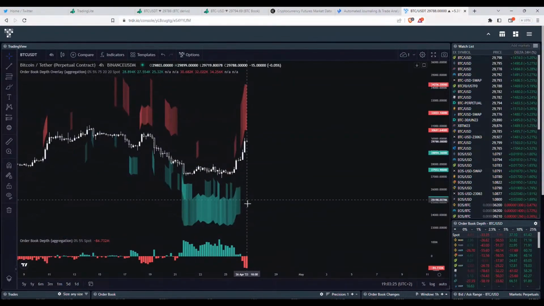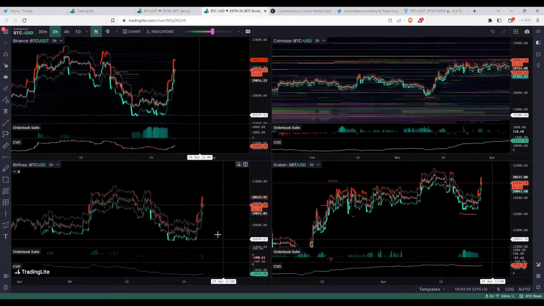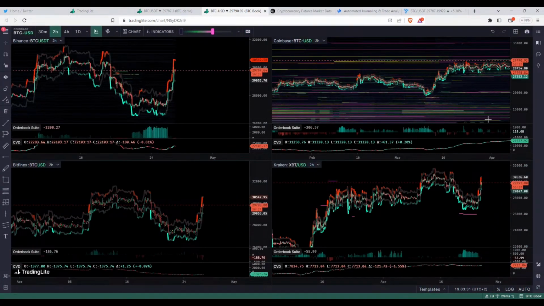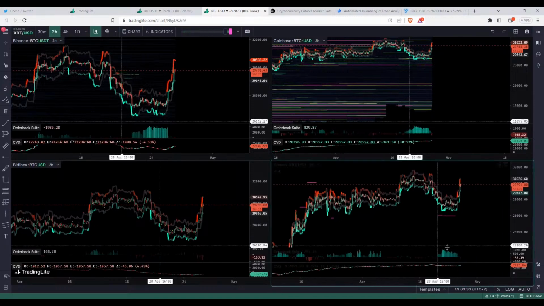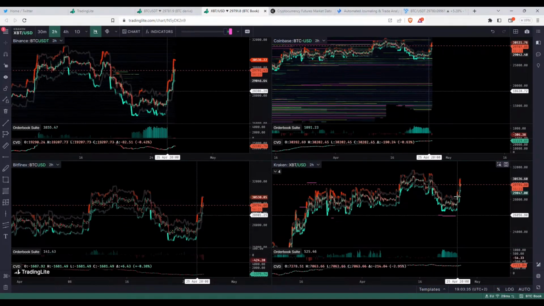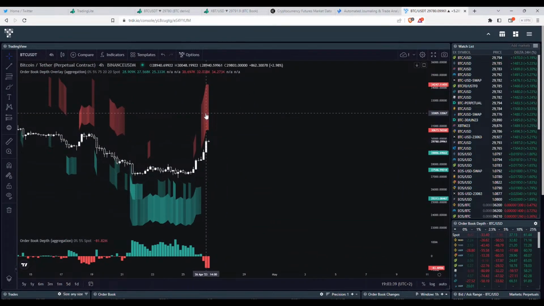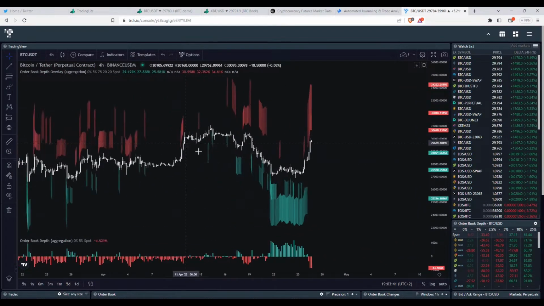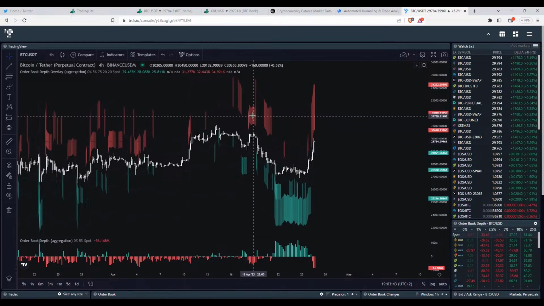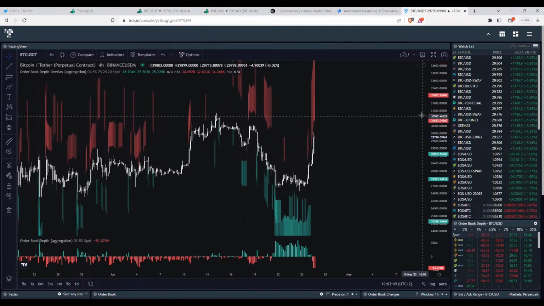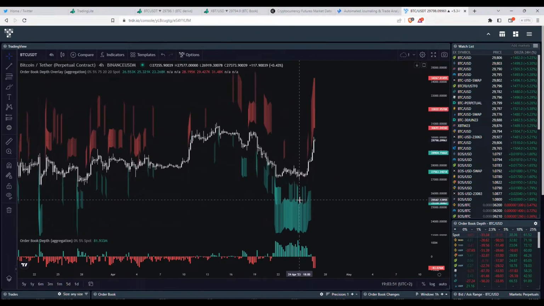The books now went pretty empty after the leg up. You can see Binance is pretty clear, Coinbase is pretty clear, and Kraken is pretty clear here as well. It's actually getting a little more skewed at the offer. You can see at the top, before we had a sell-off a week or two ago, the last leg down looked quite similar.